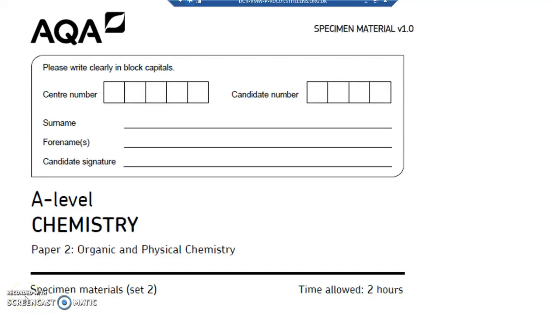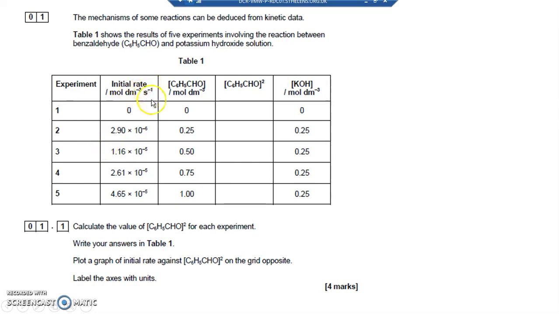A-Level Chemistry Paper 2, Specimen Set 2. So question 1, first of all, gives the initial rate, and it gives the concentration of benzaldehyde, which is this